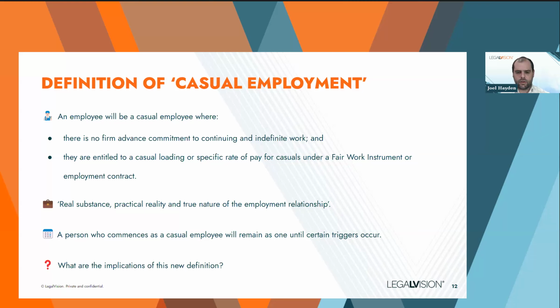Now, these laws represent a clear policy of prioritising the ability for workers to transition to permanent arrangements to provide greater stability and certainty for workers, while also protecting current permanent workers from the casualisation of their roles. So we'll run through what those changes are in a bit of detail, as well as provide some proactive steps that can be taken internally to ensure compliance moving forward.